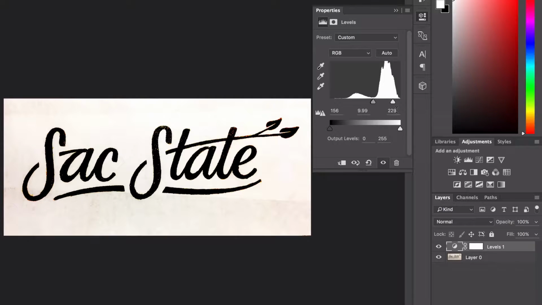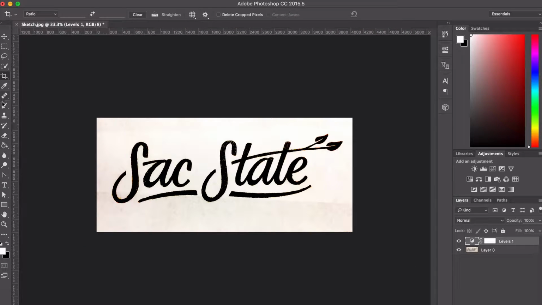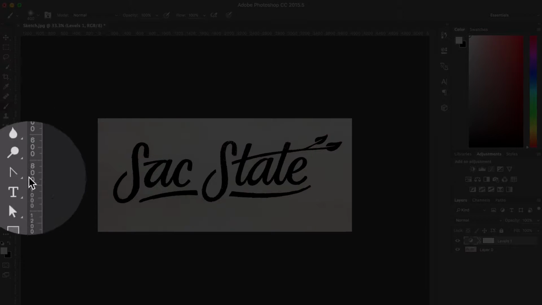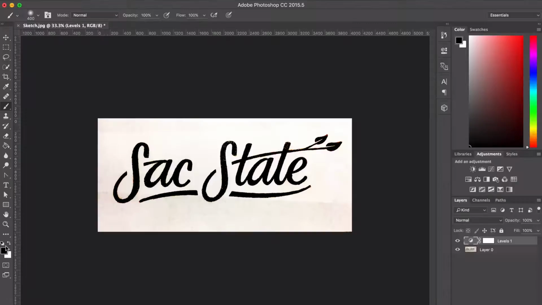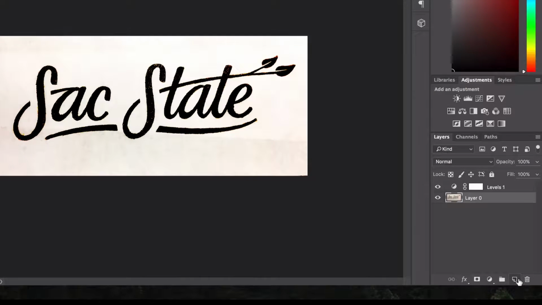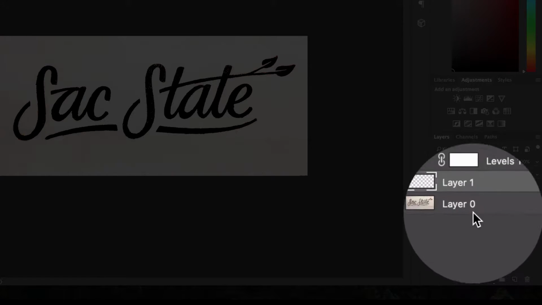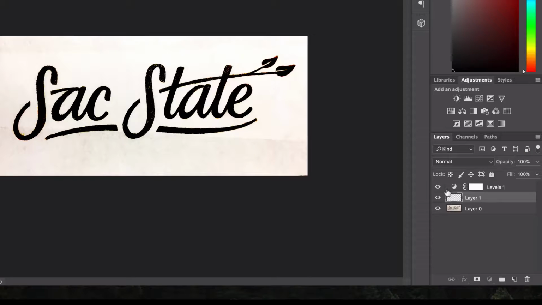So what we can do is then close out of this properties panel and then go over to the paintbrush tool. So we could click on the paintbrush tool, and then over here make sure that the foreground color is black. You can just select this option, and then you can go over here, click on top of your image, and then select new layer, and make sure that it's on top of that image. If it's not, you could just simply drag it above the image. And then we're going to zoom in,